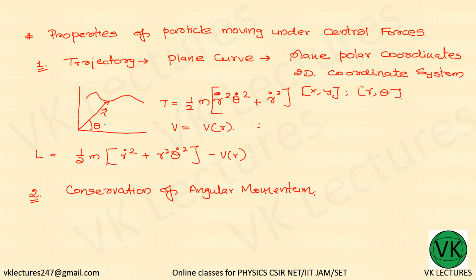Now let's understand from the Lagrangian point of view. L is equal to half m, r dot square plus r square theta dot square minus V of r. Now understanding the generalized coordinates, what are the generalized coordinates here? r comma theta, and